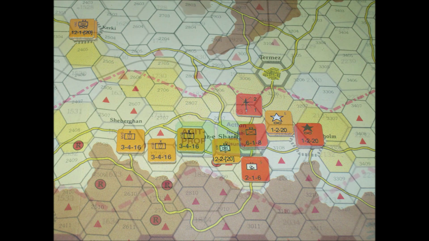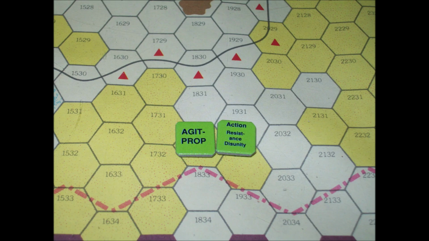So then we go to the Afghani resistance player turn. Because of the political situation, they can only draw 2 chits for the resistance, and they get an agitation and propaganda chit, and they also get resistance disunity, which is not a good draw. So unfortunately, the Jamiat faction in the north and the Hezbollah faction in Kush decide to leave the coalition. That leaves only one faction, the Hezbollah, which is in the Kabul area. So the resistance player hardly has a coalition at all at this stage.